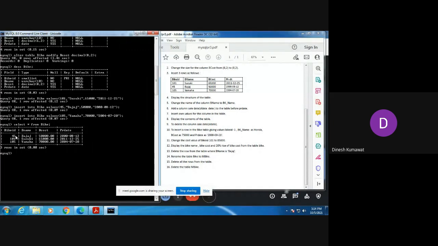The second row comes first in this table by giving the command select star from bike, which means they are arranging B name in ascending order. So this is the answer for question number 4.